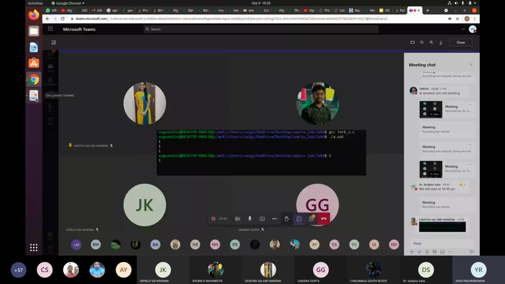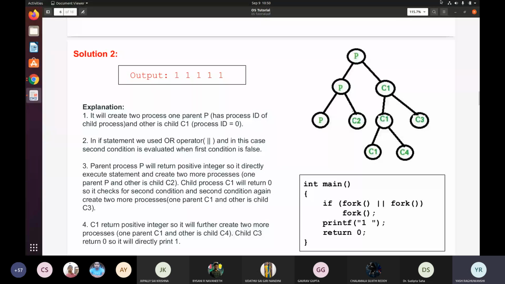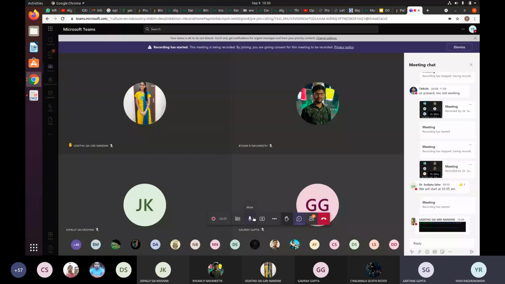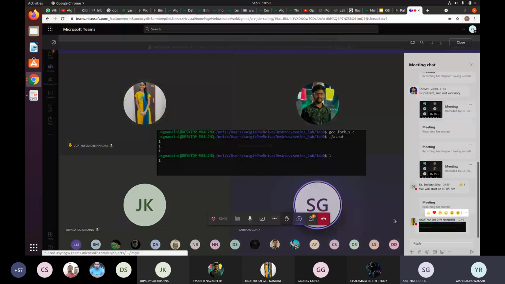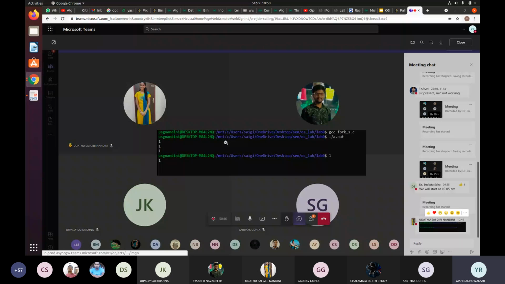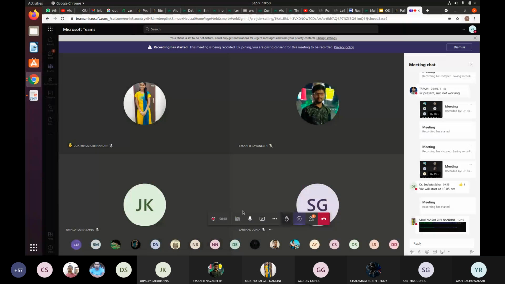Maybe fork is failing in this case for some reason. Run it again. Sir, it was getting printed 5 times only, but because the parent process died, the terminal came back. You could see there are 5 lines. Yeah, it should print 5 lines, because there may be chances that the fork is failing, and that is why you may be getting this type of output. But it's true that it should print 5.